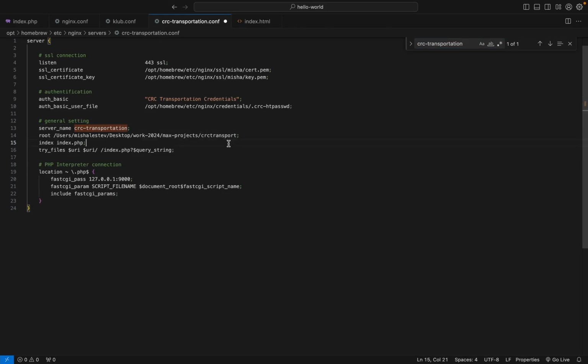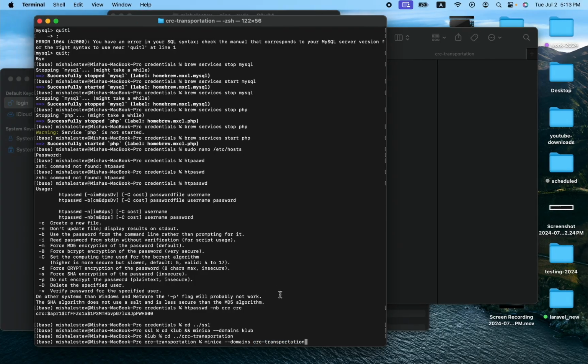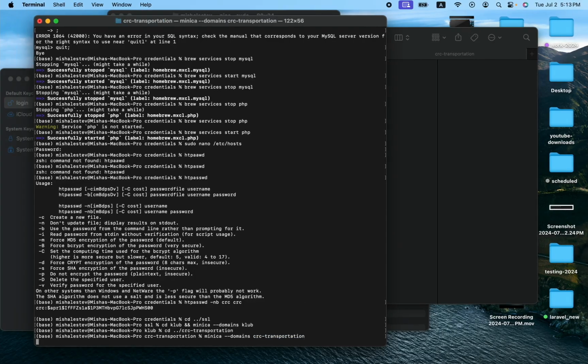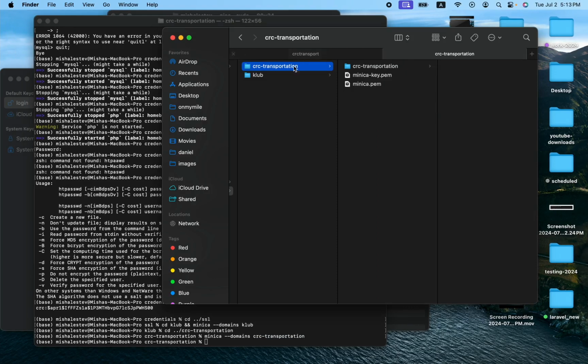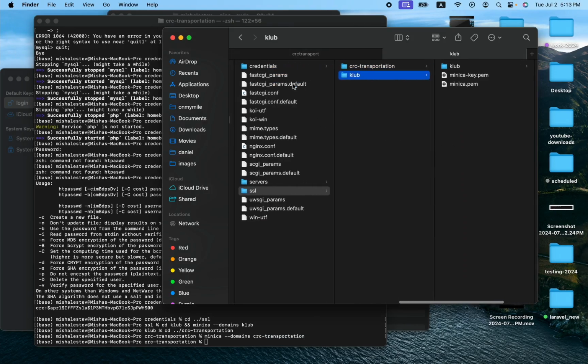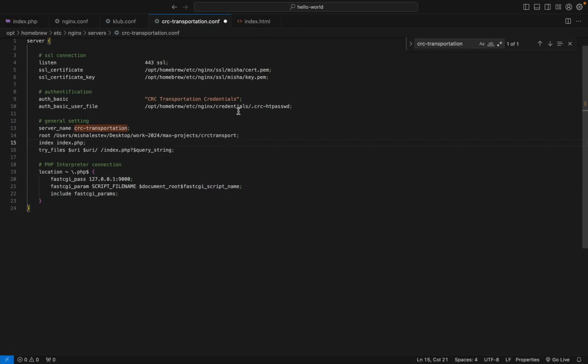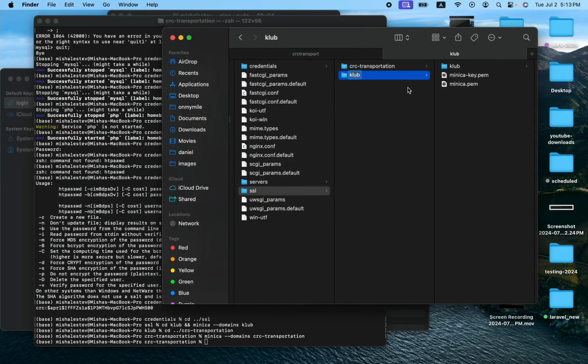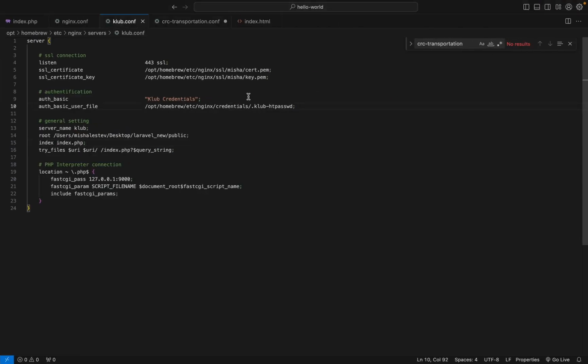CRC transportation as the server name. Therefore, I'm going to create it right now. And as you can see, we have both of the certificates working for us. I think we used the right ones for both of them, but we're going to change the directories a little bit. So for collab, I'm going to put